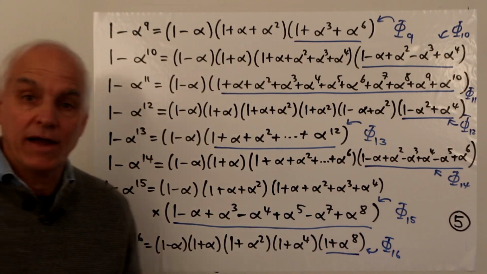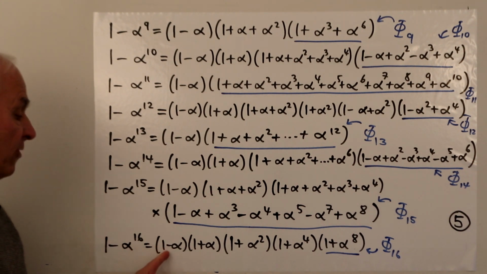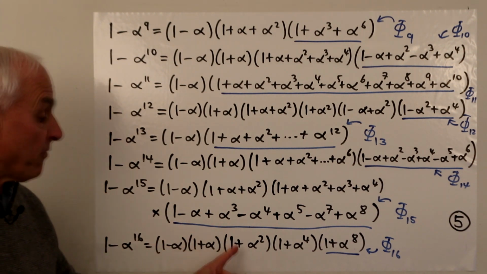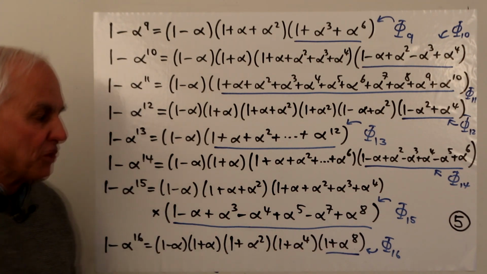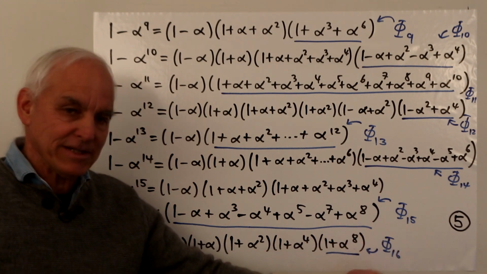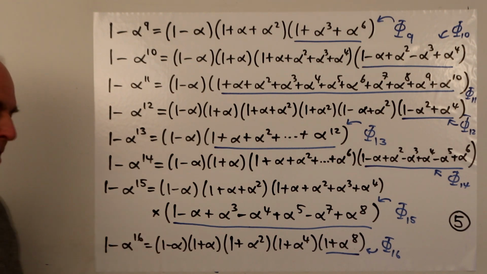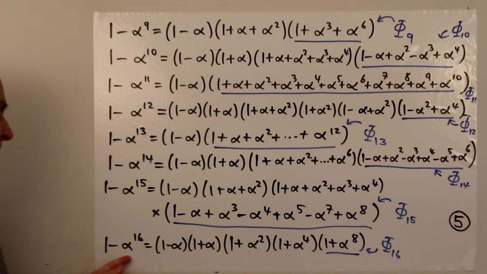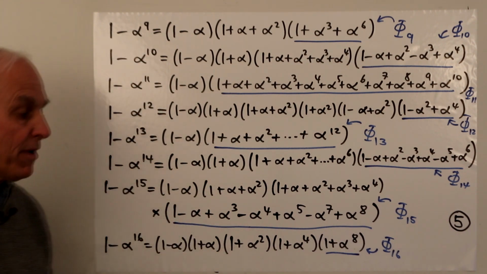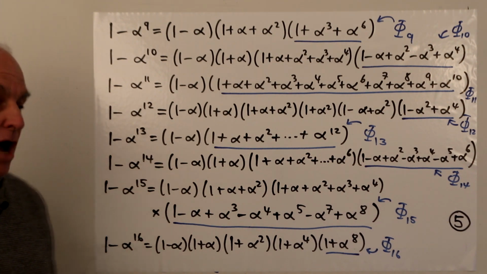So you can check that in all cases, say for example here, this power, or 1 minus this power, alpha to the 16, is the product of phi sub 1, phi sub 2, phi sub 4, phi sub 8, and phi sub 16. It's not too hard to guess what phi sub 32 is likely to be, and phi sub 64, and so on. But if we carry on for higher powers of n, some of them are maybe reasonably easy to guess. For example, 1 minus alpha to the 17, you're not going to have a hard time guessing what phi sub 17 is. But phi sub 18 might be a little bit less obvious.